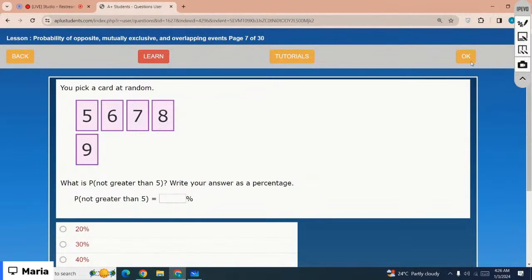The correct option is, you have only one card, right? Not greater than 5 is just 5, right? So then you have to calculate